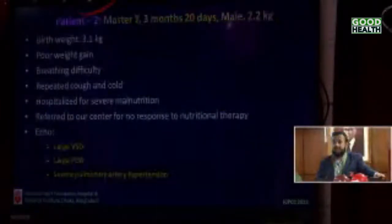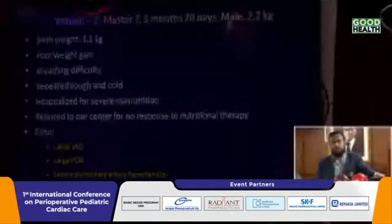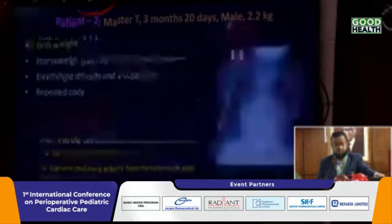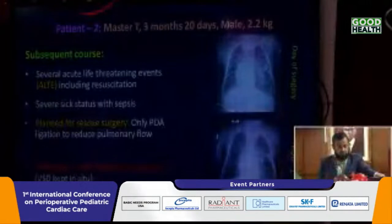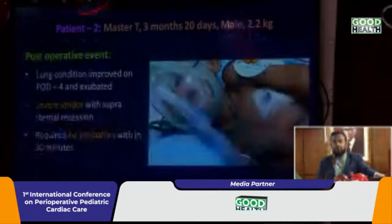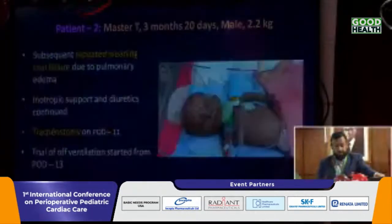Our next patient, a baby with a birth weight of 3.1 kilo, when he came to our hospital at the age of 3 months 20 days, his weight was 2.2 kilo. Very large VSD, PDA, severe pulmonary hypertension. We tried to manage medically, but we failed. And then in a desperate situation, the surgeon decided to close the PDA only. During the immediate postoperative period, when he was a little stable, we extubated on the 4th postoperative day, but